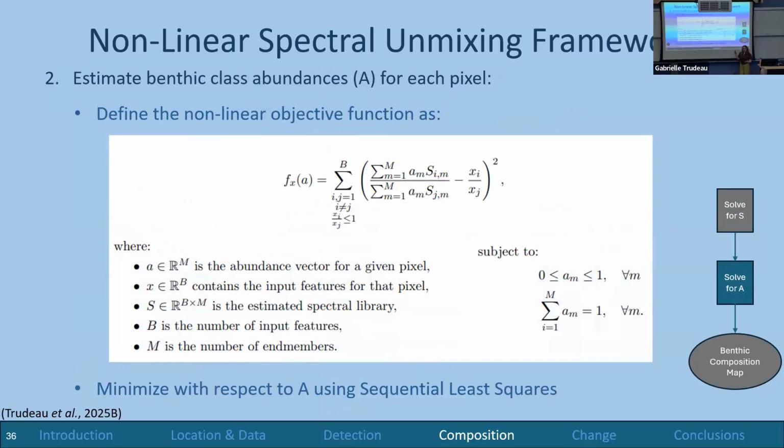This one looks a lot more complicated, I know, but none of our indices have changed, okay? So instead of the ground truth data, we're using the rest of our spectral image. So A is the abundances we're trying to solve for. X is going to be our input features. Remember, there's 16 of them now, and S we just solved for.